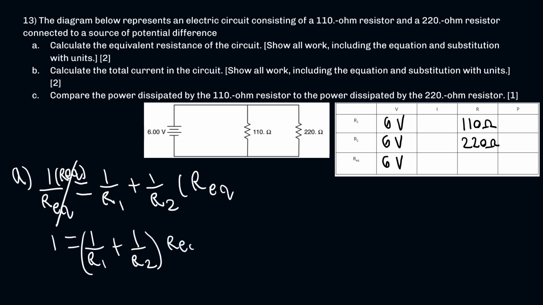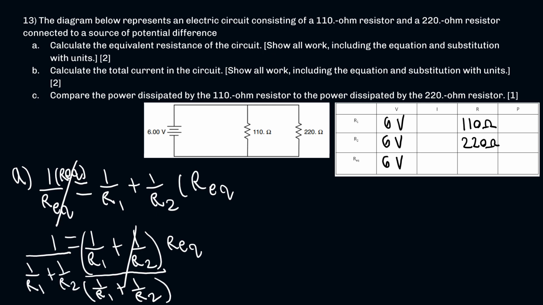times REQ. Alright, in order to get REQ by itself, it's being multiplied by 1 over R1 plus 1 over R2, so I should divide it on both sides of the equation. So 1 over R1 plus 1 over R2. This will cancel out on the right side. On the left side, it will give me 1 over R1 plus 1 over R2, 1 over all of that. So moving forward with this, I have REQ is equal to 1 all over 1 over R1 plus 1 over